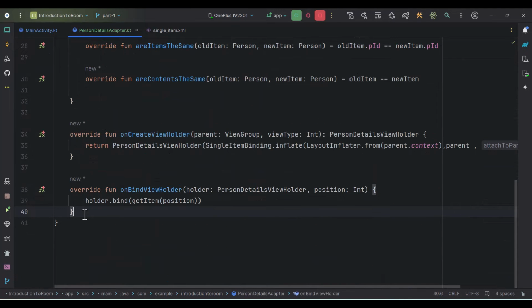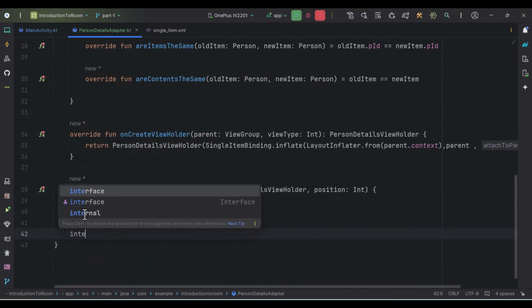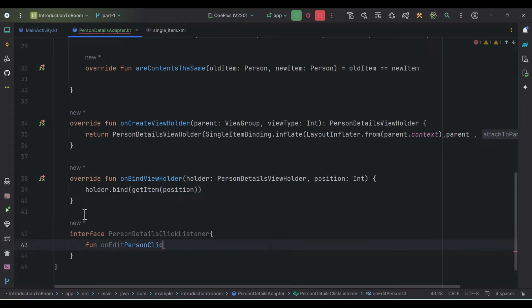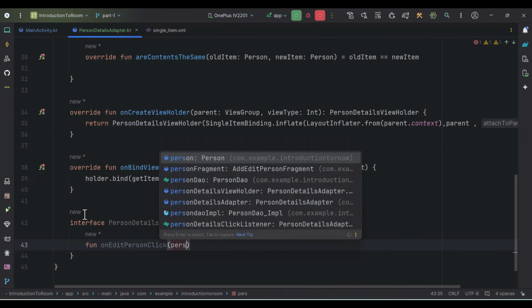So let's have one interface at the bottom. So I'll create one interface, I'll give it the name PersonDetailsClickListener, and here we'll have one function which will be onEditPersonClick, and here I'll pass one person,